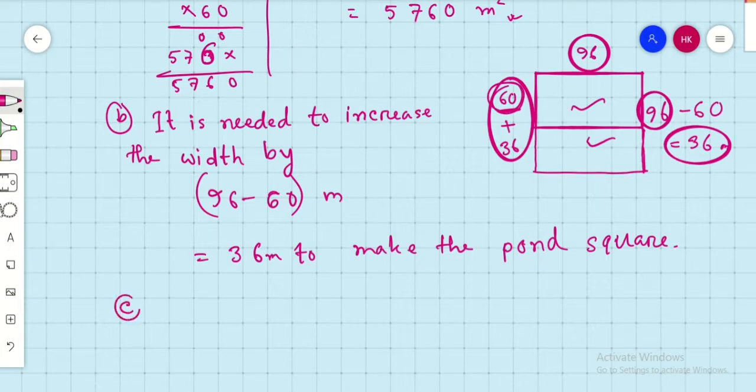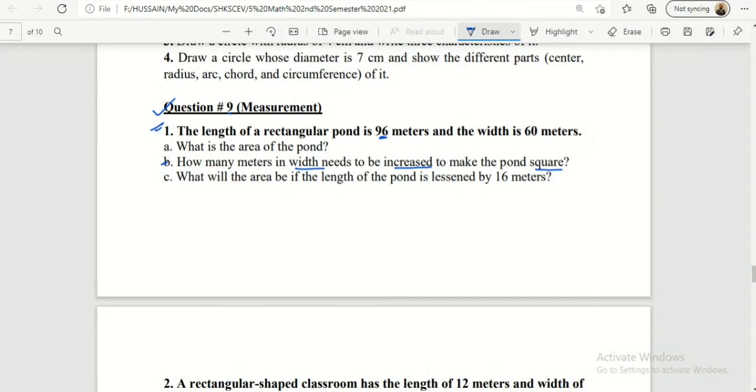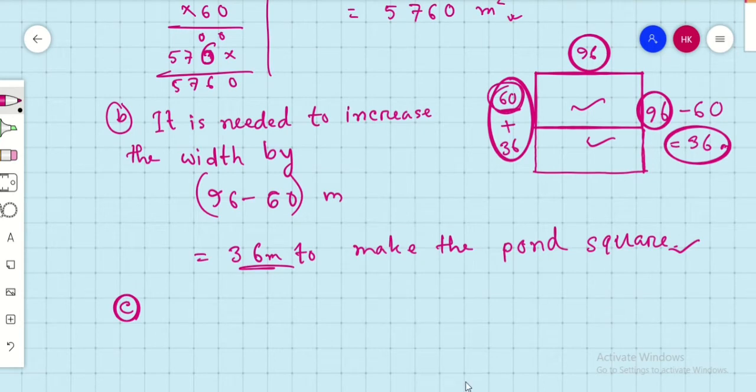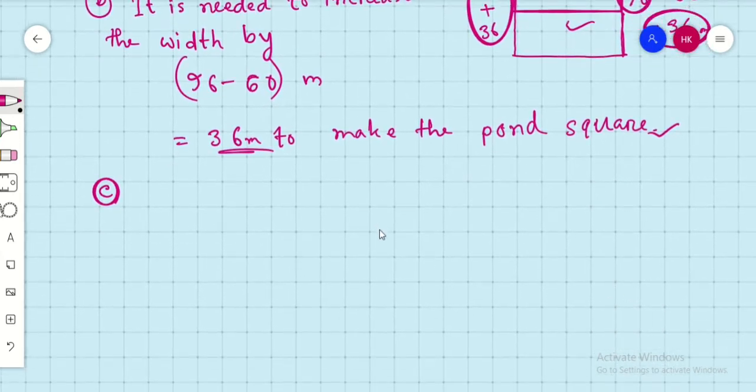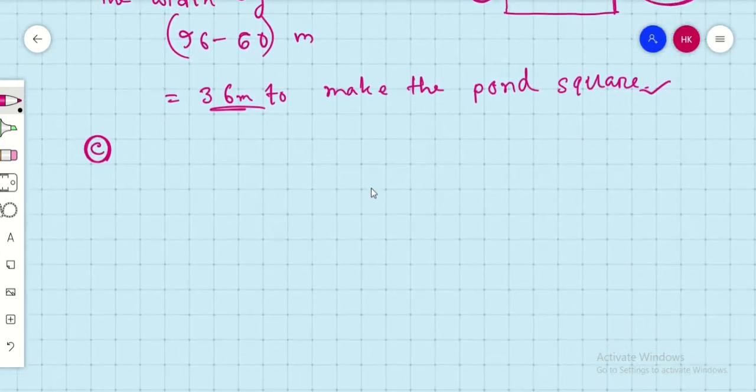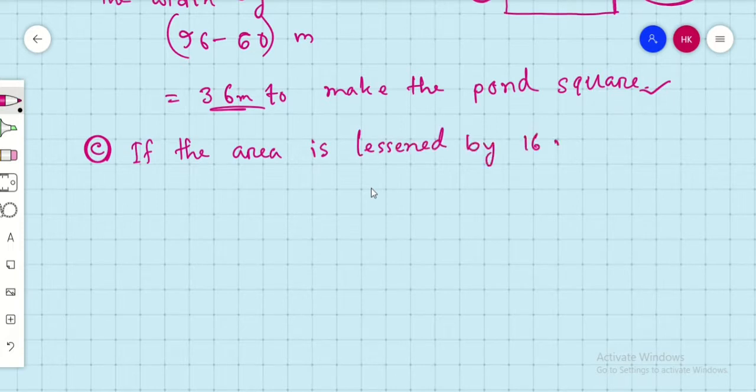This is the answer. All right, 36 meter is answer. Now we move on to our next question, question number C. Last question, question number C. What will the area be if the length of the pond is less than by 16 meter? If the length is lessened by 16 meter,